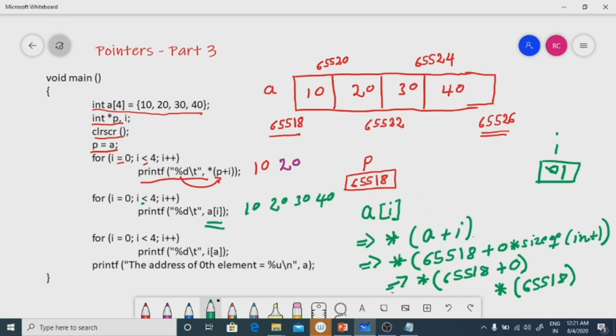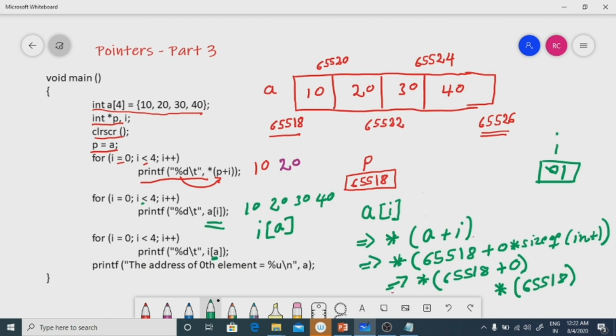Now let me explain one more thing, whether A of I and I of A are both the same here. Again we are printing all the elements. So A of I is very similar to I of A. So absolutely don't think that I of A is a wrong way of representing.